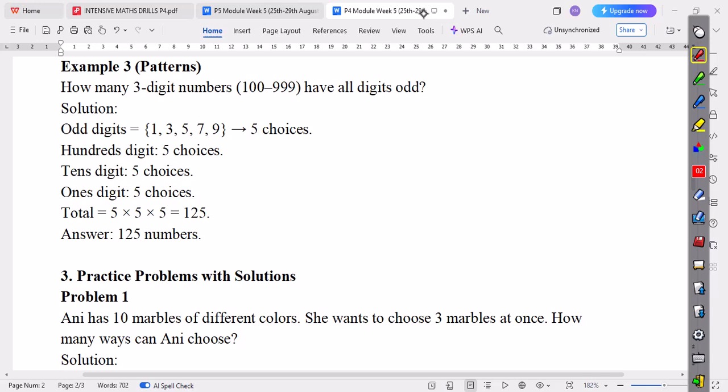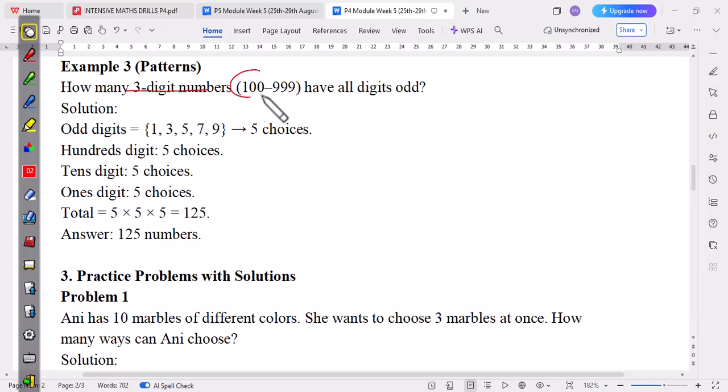So this question is a little bit hard to understand. How many three-digit numbers from 100 to 999 have all digits odd? So we need to find the combination of three numbers, because these are three-digit numbers from 100 until 999, where all the digits inside are odd